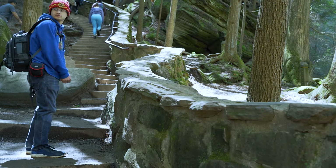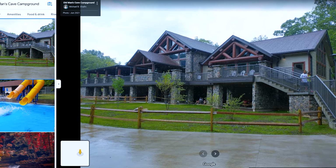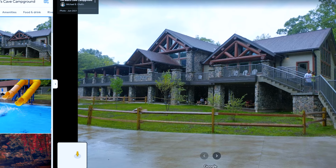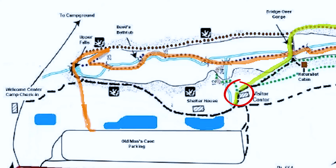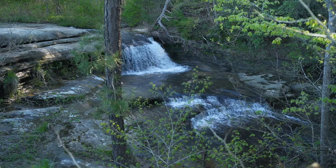Before you go down the trails, there is a welcome center where you can get some more information about the trails from employees. And also, as far as I know, it's the only true bathrooms that you'll find in Hocking Hills. Now, there are 2 access points to start your trail for Old Man's Cave. One is near the Welcome Center, but I recommend going to the far entrance or else you'll miss the upper waterfalls. We started on that far entrance, and you get to go over a bridge as well as see the